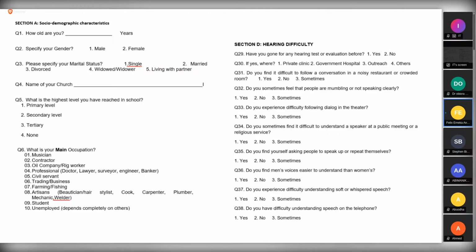So occupation by default will be there. Most times social demographic is by default. Whether you mention it in your specific objective or not, you're going to collect it anyway. So I don't think you should waste your time capturing social demographic in your specific objective. Just capture other things, because by default, you're going to be measuring social demographic characteristics. Okay, so if you look at question 30, which is a follow-up to question 29, for those who said yes, I asked where, and they would mention the clinic. Sometimes it can be yes or no, depending on the way the questions are designed.